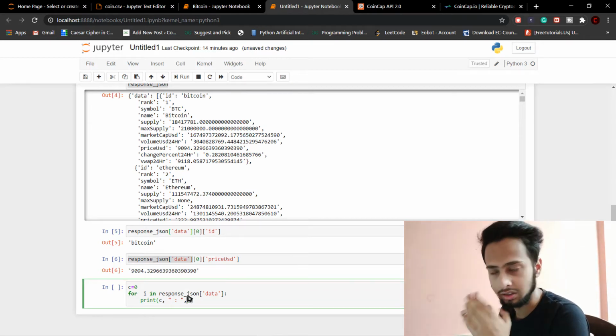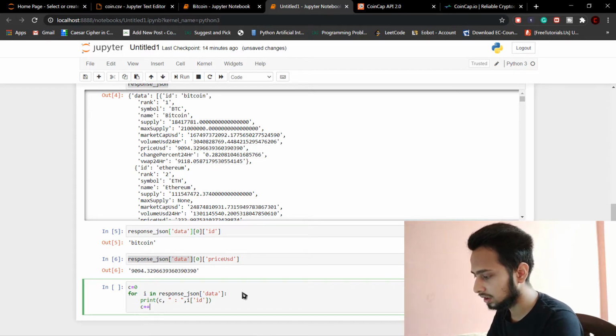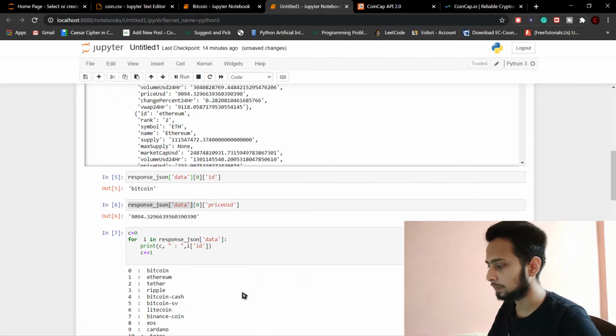So for here we can write I of ID, and now we can increment our C and run it.